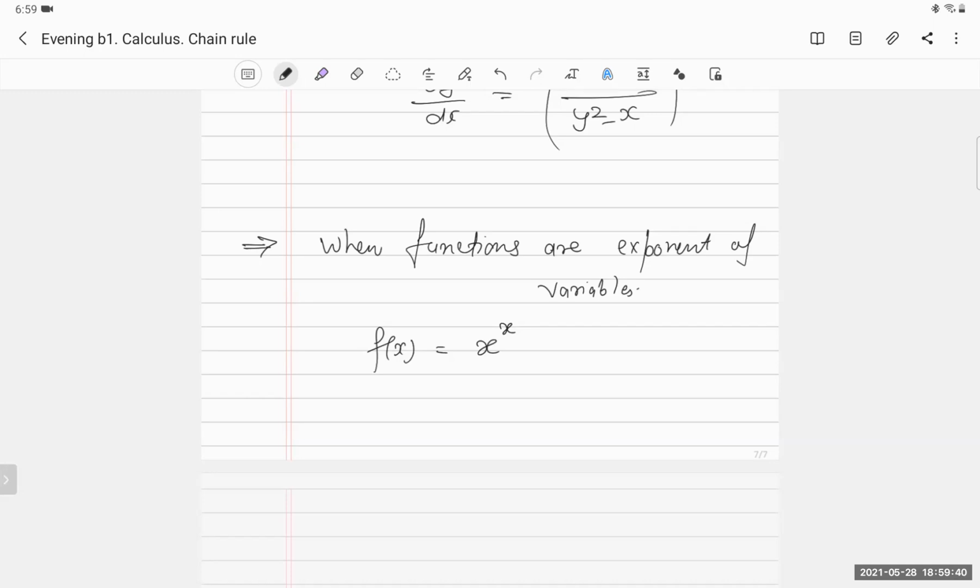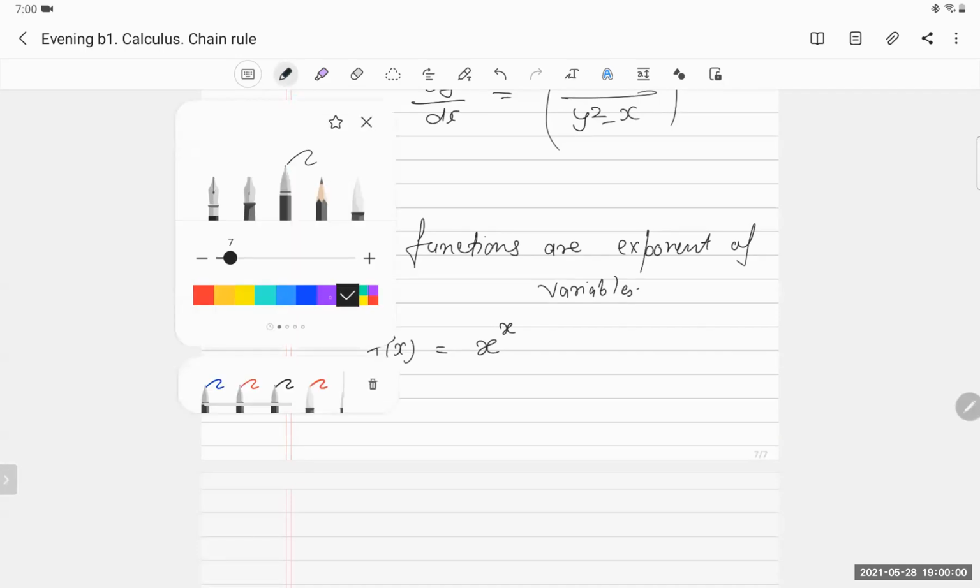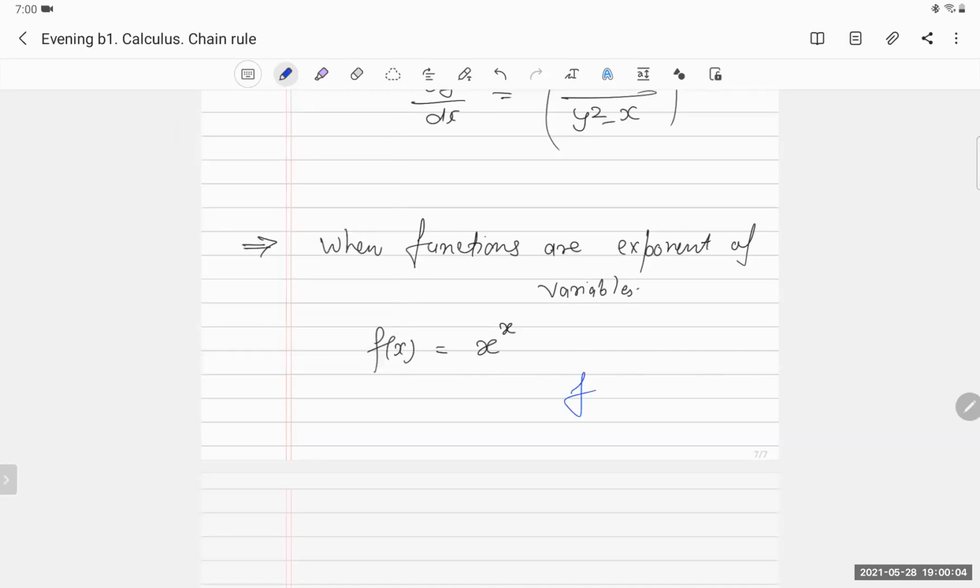So my x square में क्या बन जाता है? That power comes out और power में से एक subtract कर देते हैं. But that power has to be a number. But here the exponent is also a variable. It is not a constant. Okay, so these are different kind of questions. So for these kind of questions,